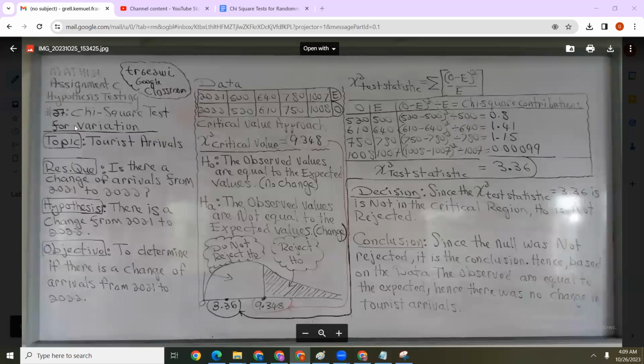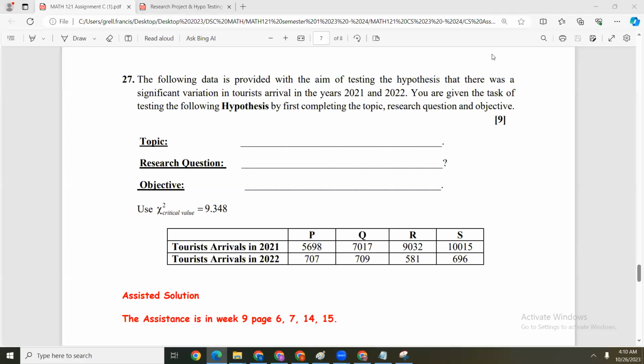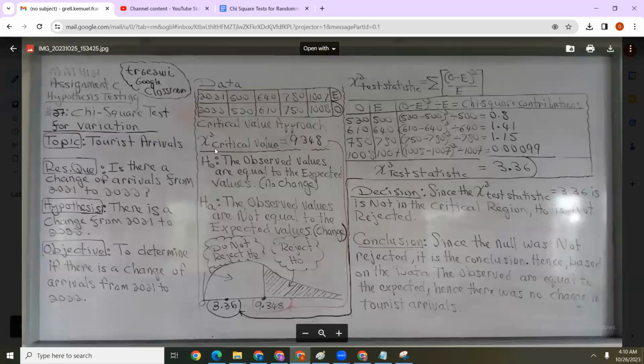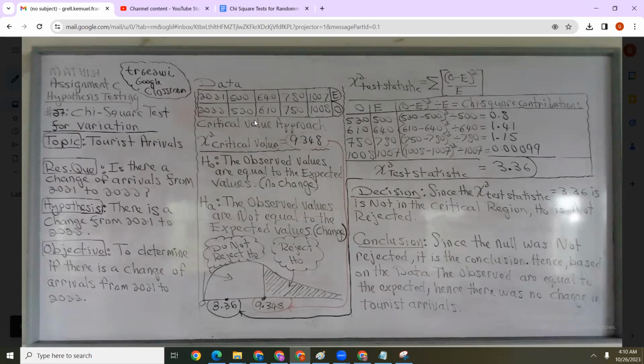Now, as we see, this is an example of number 27 in assignment C. So here's number 27 in assignment C. And you've got to complete the topic, the research question, the objective, like the example. And here are the values that were collected. That's the data that were collected according to number 27. But the data collected according to the example, here it is. And we are going to take a critical value approach. And in the critical value, which is